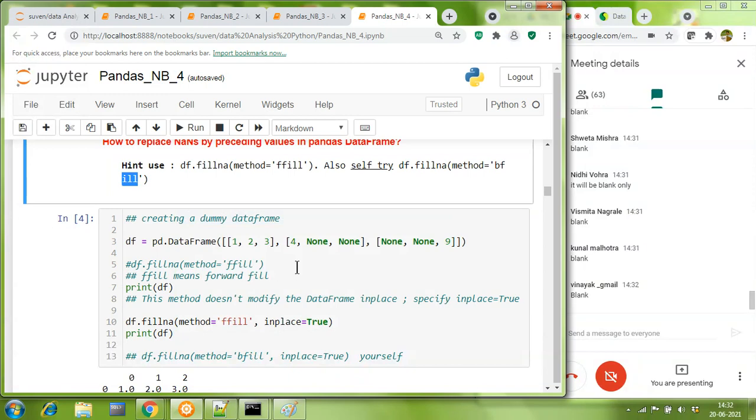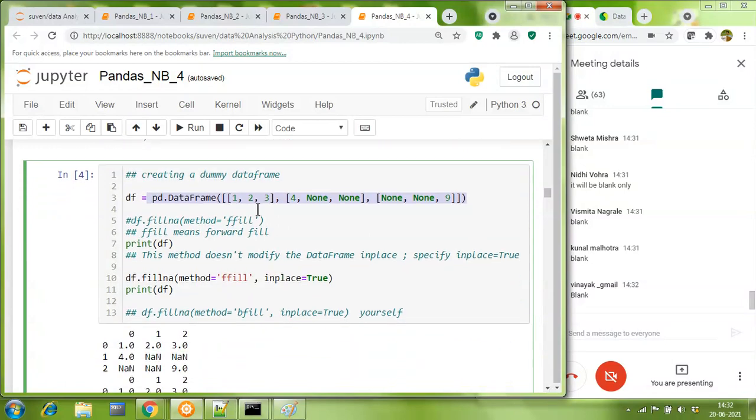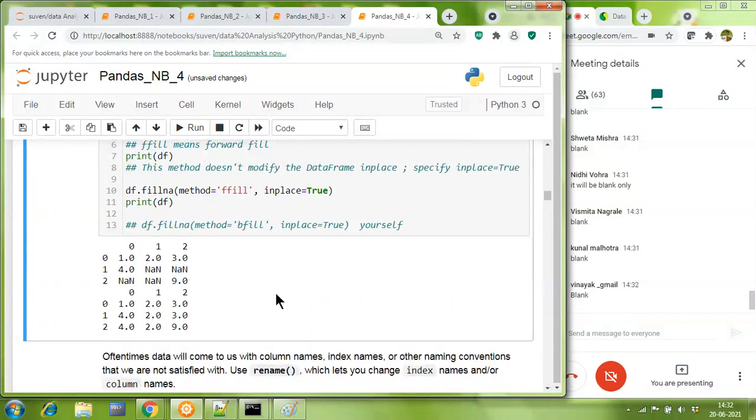Right. So moving on to this, I'm creating a data frame in front of you, and you can see purposefully I have kept lots of none values, none or NaN. Both will get filled. So what I'm doing next is I print my data frame. Please have a careful look at it. It's having lots of NaN values in between.